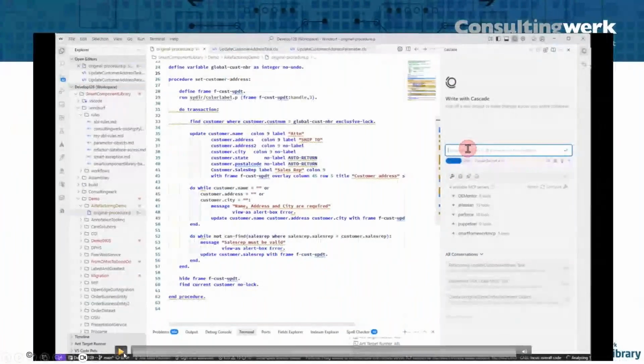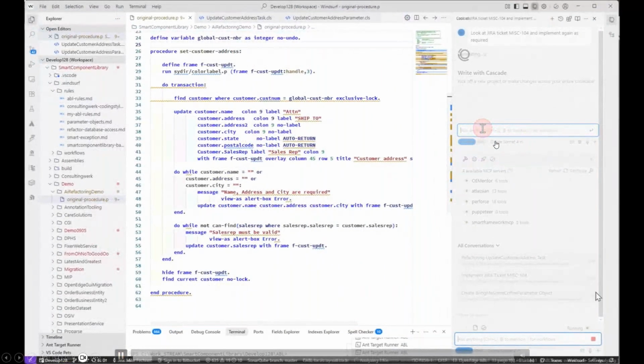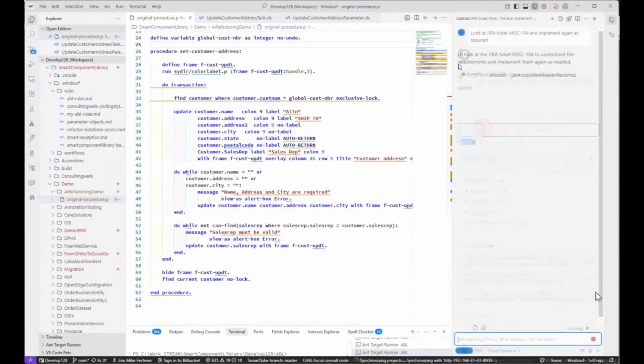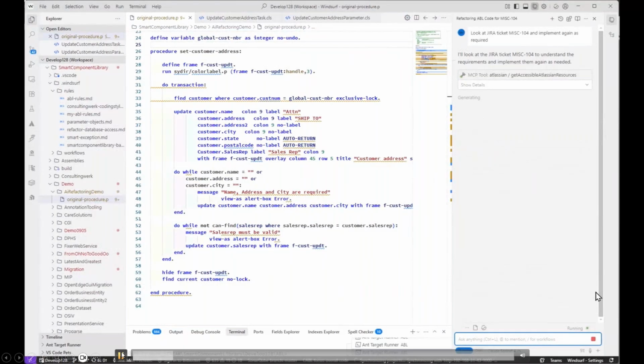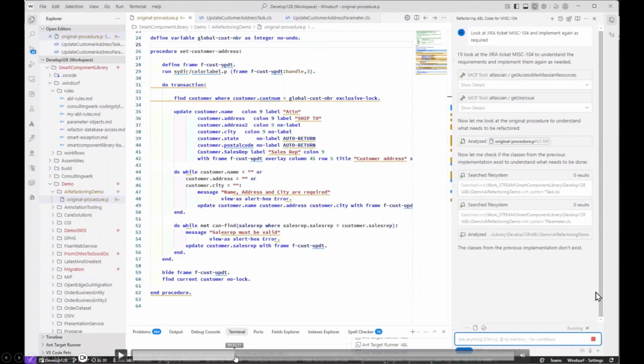But when we run this video, the only prompt that I put in there is: implement that Jira ticket. Look at Jira ticket MISC 104. MISC is our Jira project that I use for demos like that. The coding agent fetches the Jira ticket and uses that as the actual prompt. Then it looks at the program that we're looking at, reads it, interprets it,